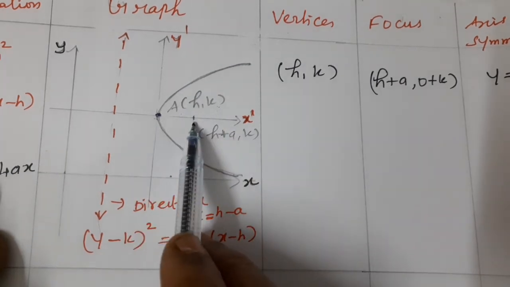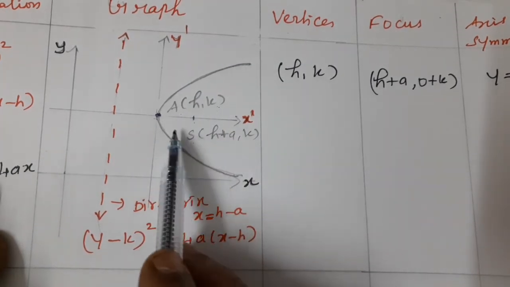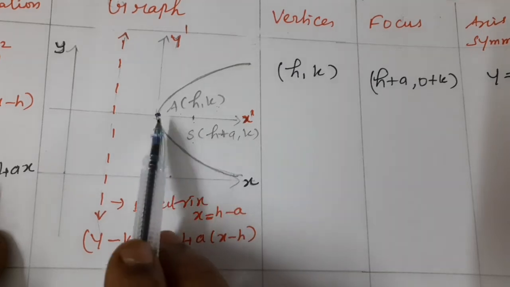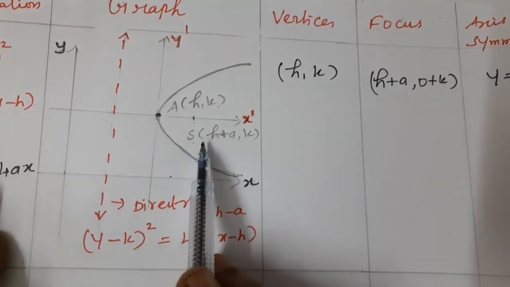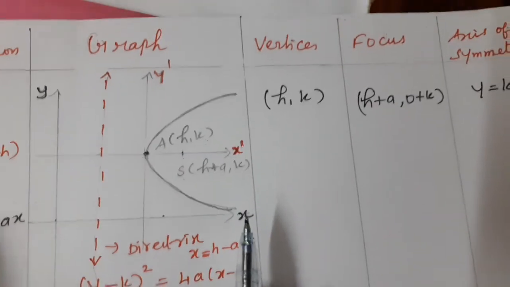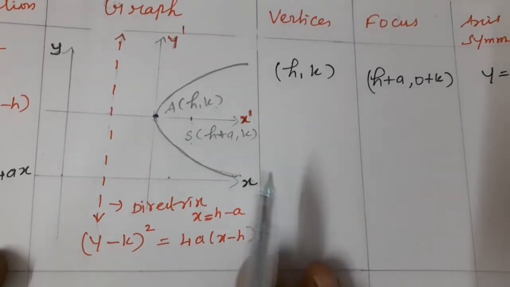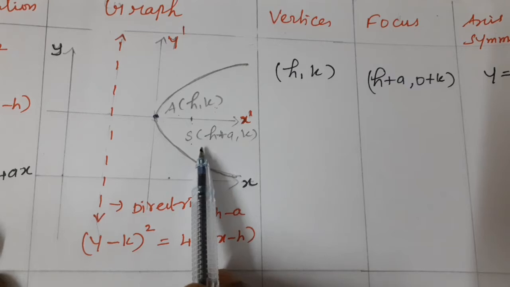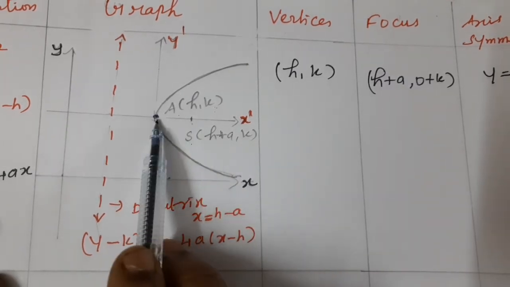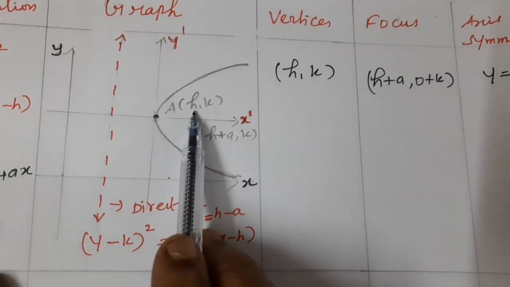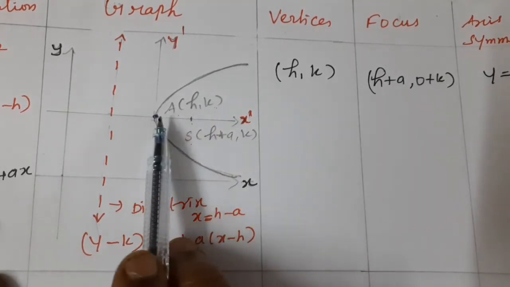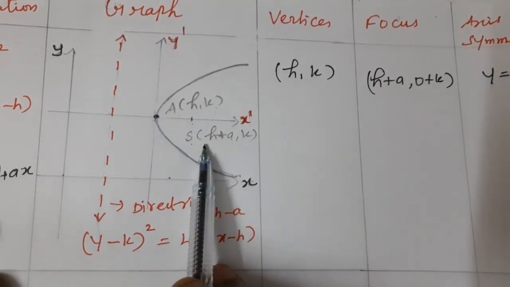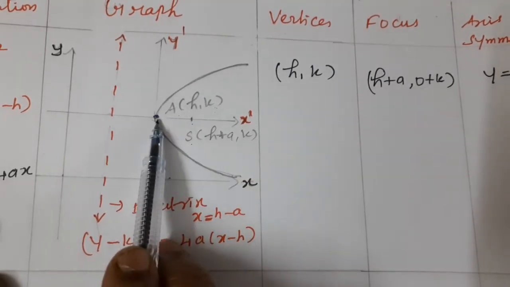What is the point at some distance from it? The focus. S is the fixed point, and the focus is nothing but a fixed point. See that diagram: (h, k) is the vertex. The focus is moved some distance along the x axis. Keep in mind that h is always x and k is always y. So the focus is (h + a, k), and A is the vertex.